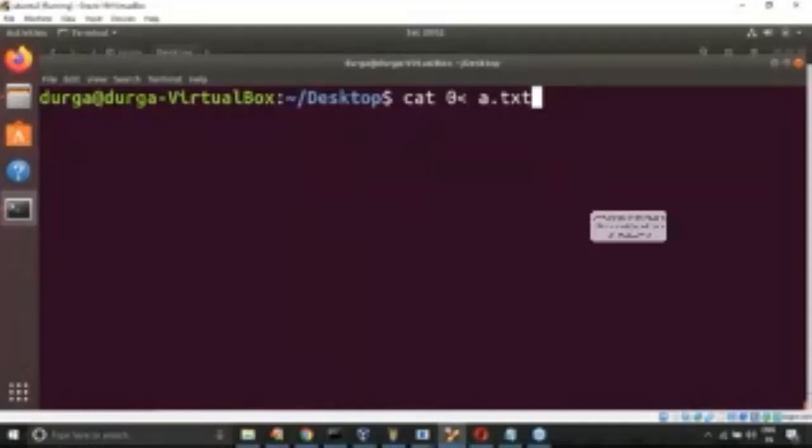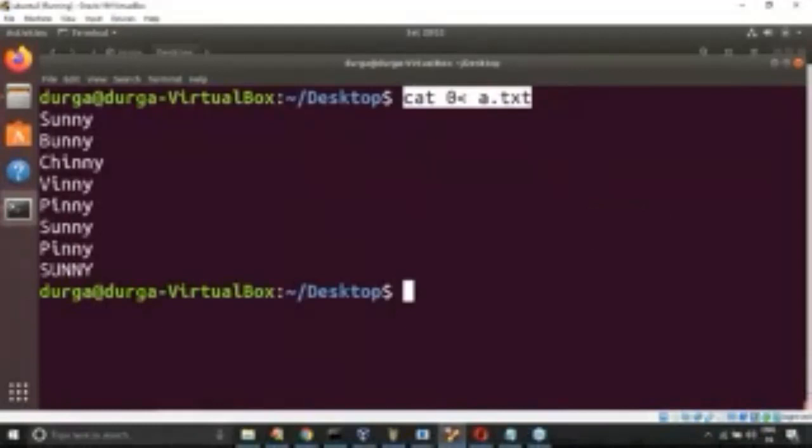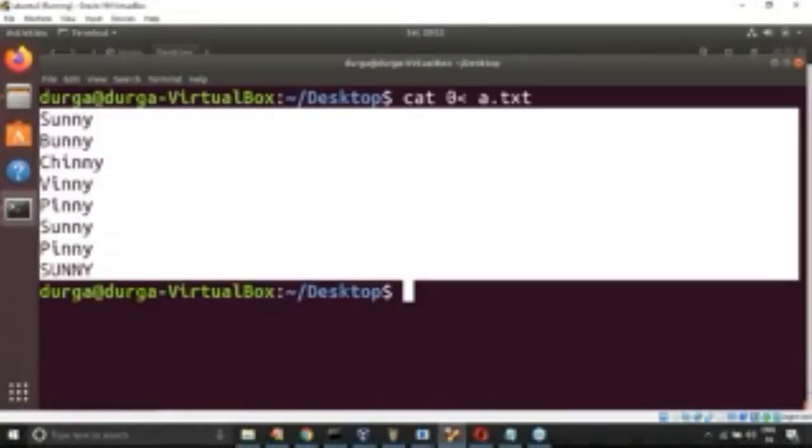That's why the output is displayed to the terminal only. Now observe, this cat command is reading the input from a.txt, and sends the output to the standard output device, which is nothing but the terminal.